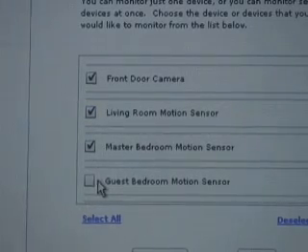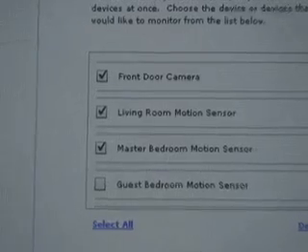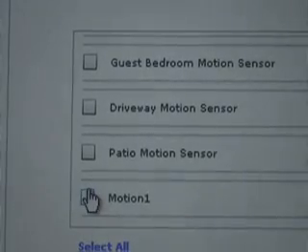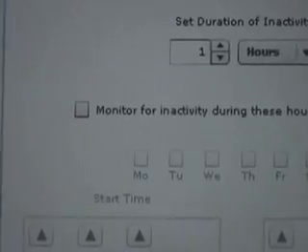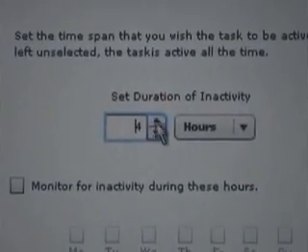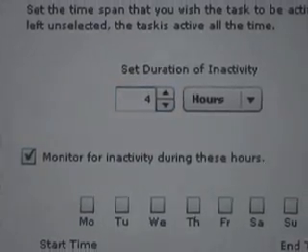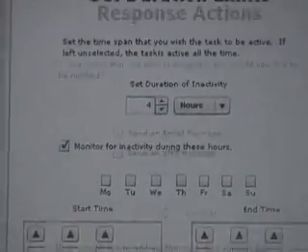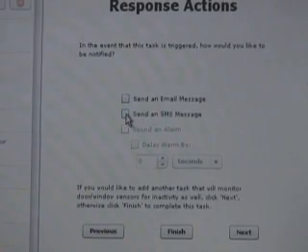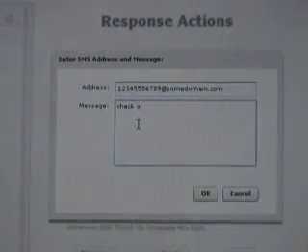You simply go through and select the ones that you want to detect that lack of motion in, and then define a period of time that you want to look for inactivity. So we'll say 4 hours, and maybe I only want to look for this inactivity between certain times of the day. And if I see that inactivity, then what I want to do, let's say, is send a text message to myself that says check on mom,